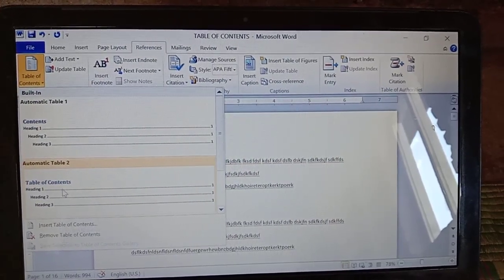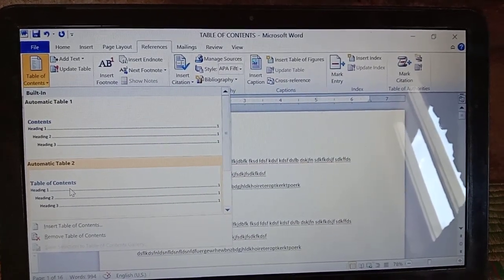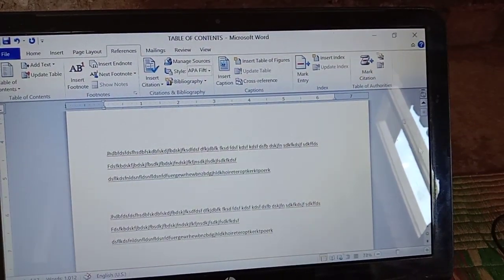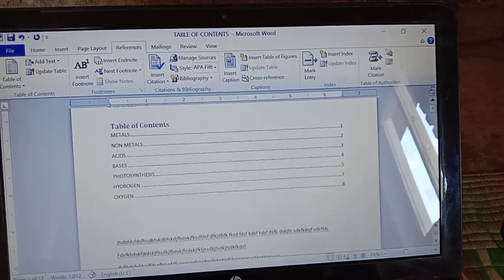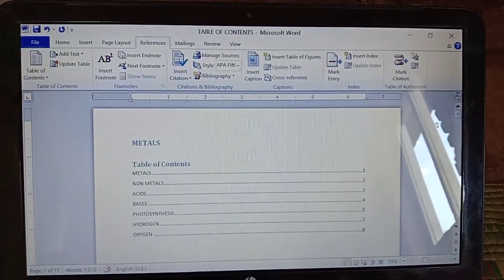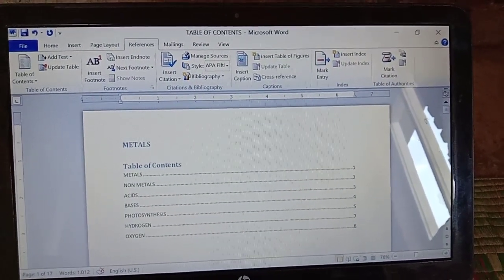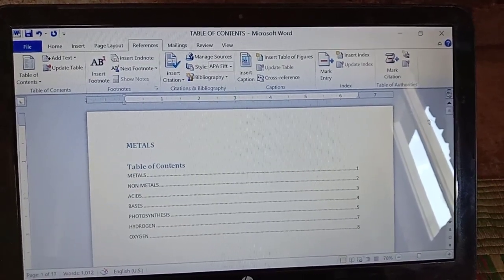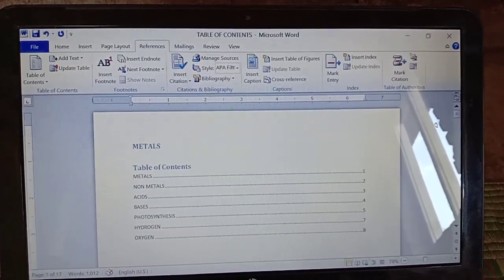Just click here, Table of Contents. What happened? See here, in the first page, the table of contents came. Metals is on the first page, non-metals on the second page, acids on the third page, bases on the fourth page, photosynthesis on the fifth page, like that.